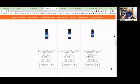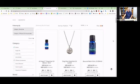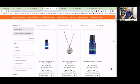There's something else in that range. I can't see it. I'm not going to spend too much time. My point here is I'm really just showing you what's in your back office. So remember, if you already have an auto ship in, place this order. Your Christmas order goes under the person underneath you, so you can get a bonus or a rebate on that purchase. If you put the order under your auto ship order, then of course you're not going